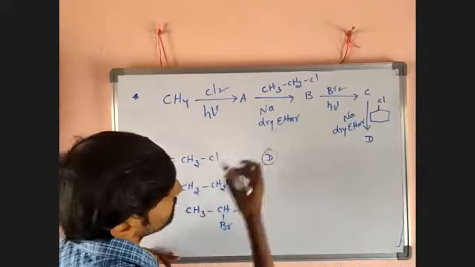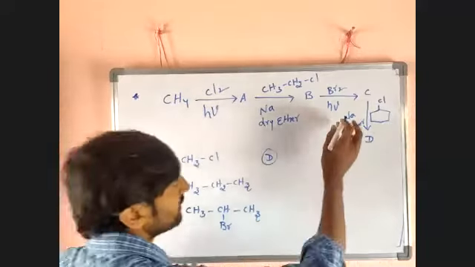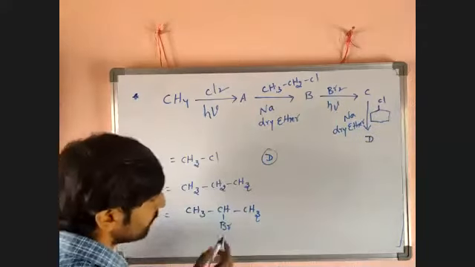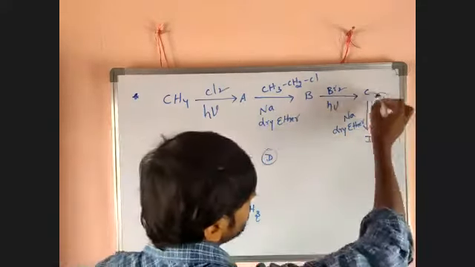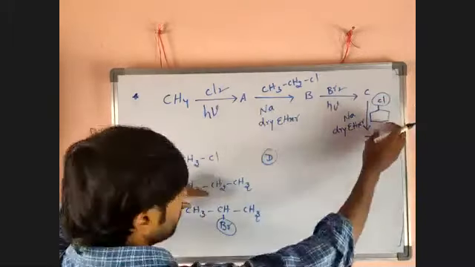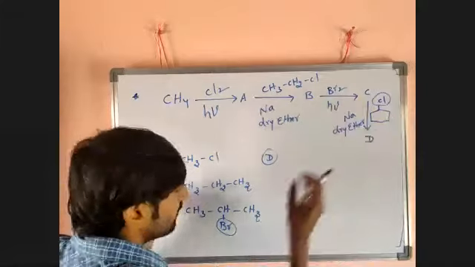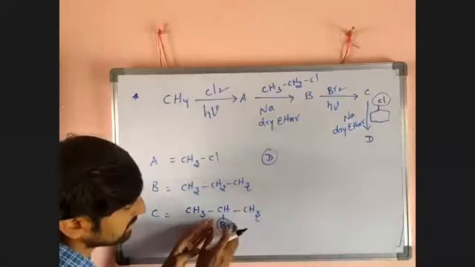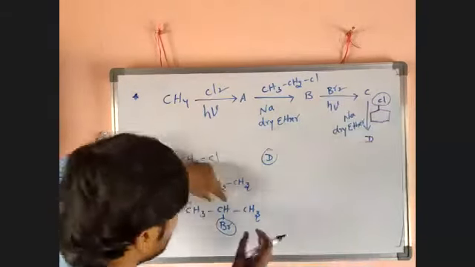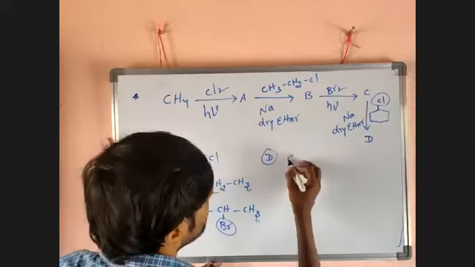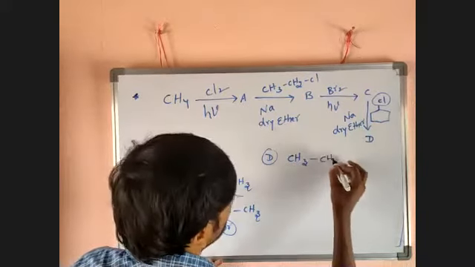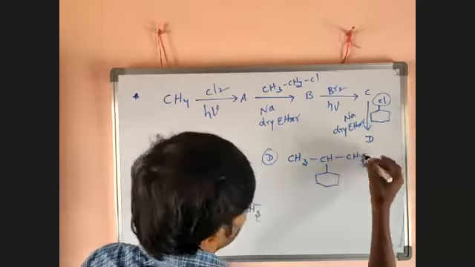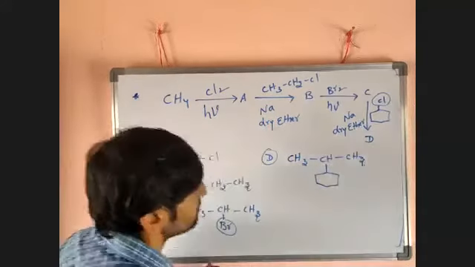Then D. Now it is again a Wurtz reaction. So there Na is there, NaBr is eliminated, NaCl is eliminated. Where Br is eliminated, where Cl is eliminated, after elimination of Br and Cl, these two get attached. That is a coupling reaction, the Wurtz reaction. They coupled together. This ring gets attached. Then what we will get? CH3 bond, CH bond, the cyclohexyl ring with the CH3 group.